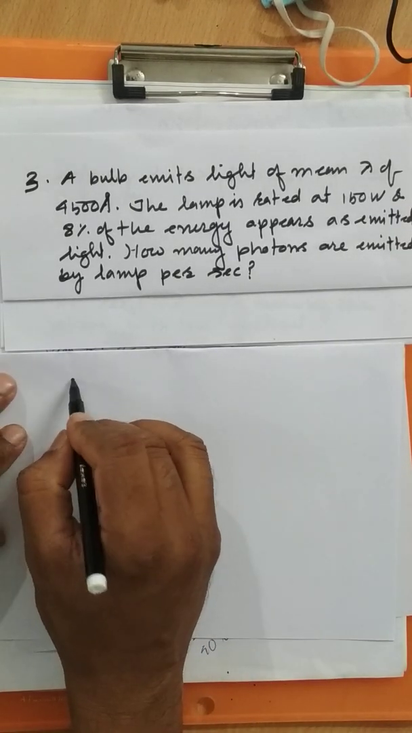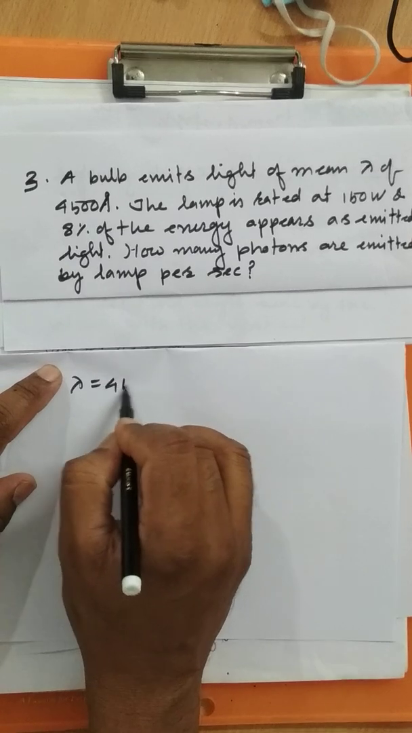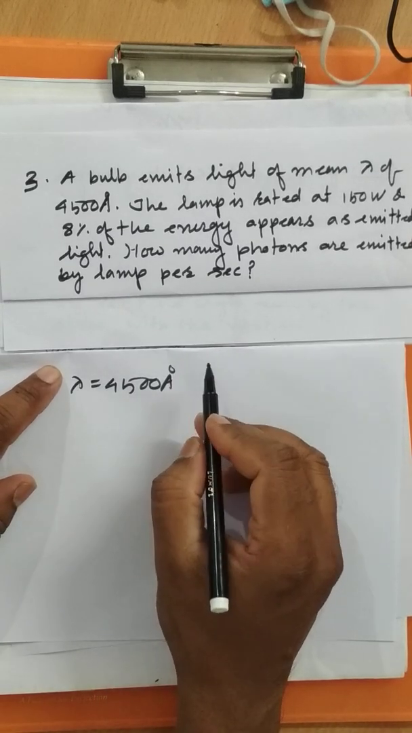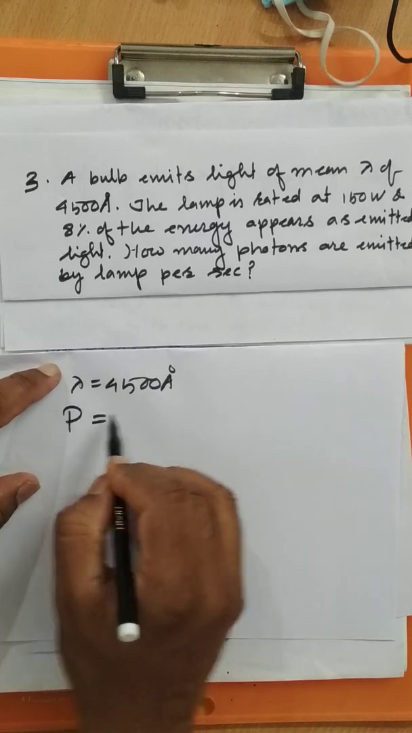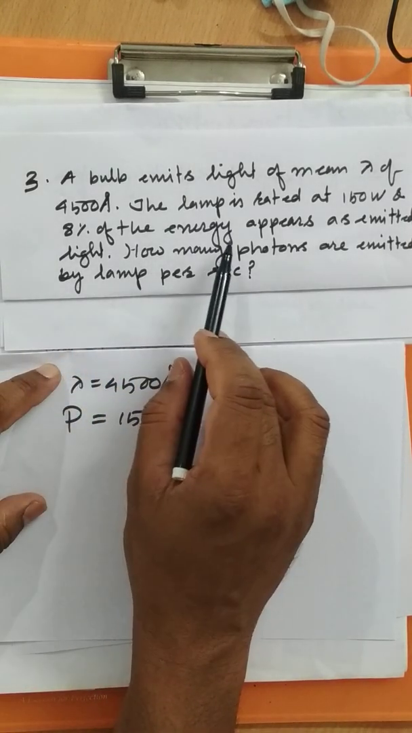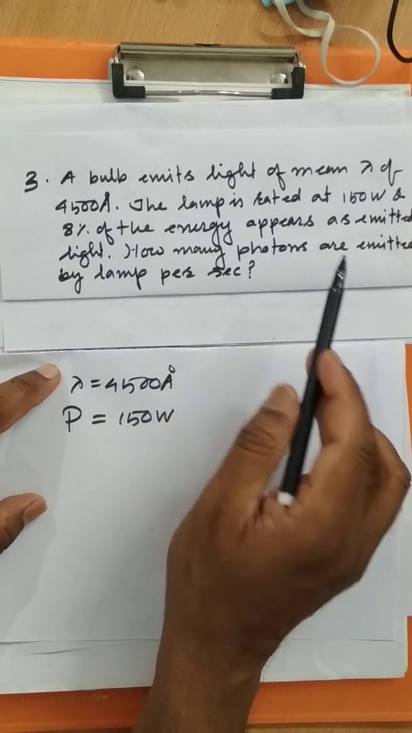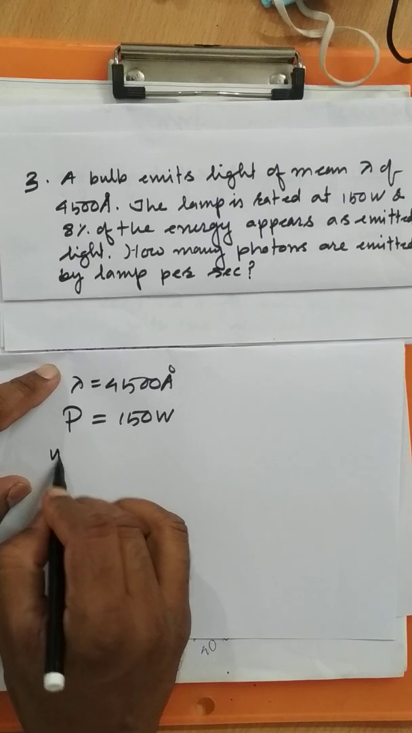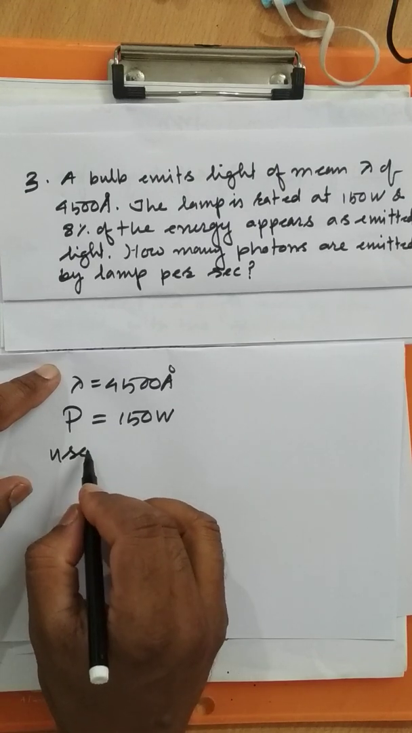4500 angstrom. So lambda is nothing but 4500 angstrom. It is given. The lamp is rated at power of the lamp 150 watt, and 8% of the energy appears as emitted light. Okay, 8% of the power is usable. So here you will use the word usable